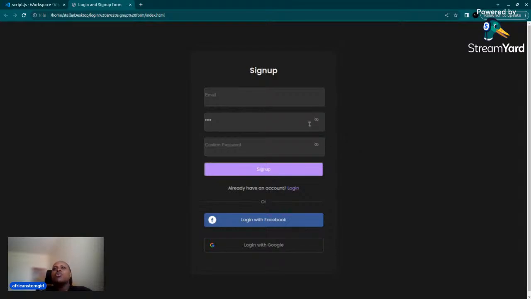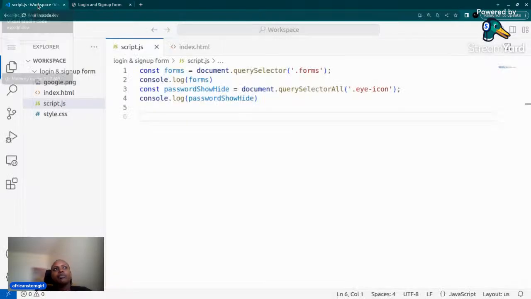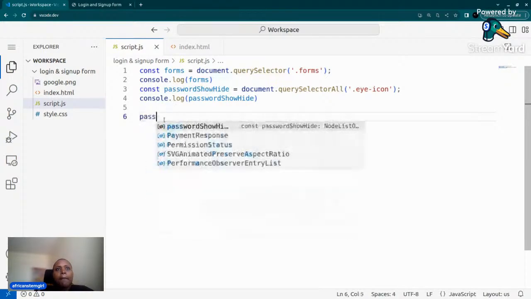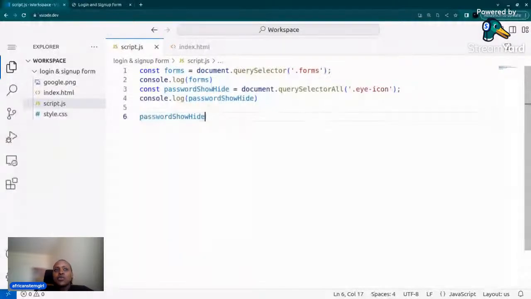So the same thing, we need to call from the list of names one after the other so we can change this value and make it reveal the answer in here. So I'll come here and I will say password show hide. Now this variable we created here is to iterate in JavaScript,